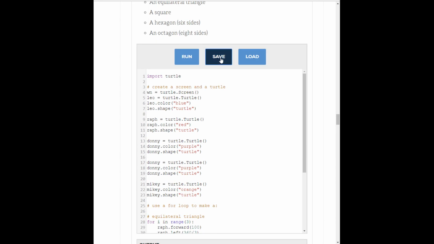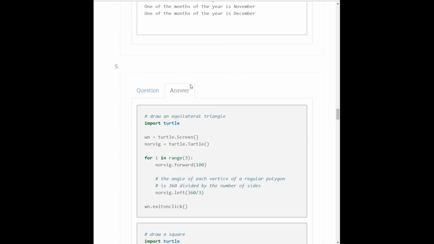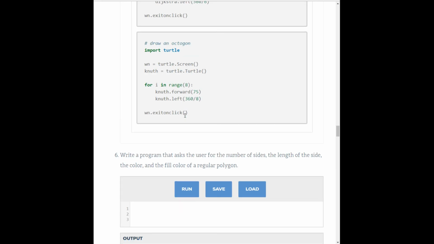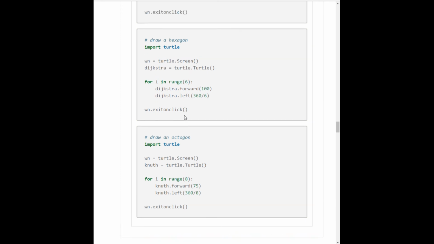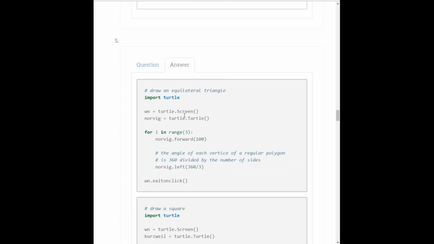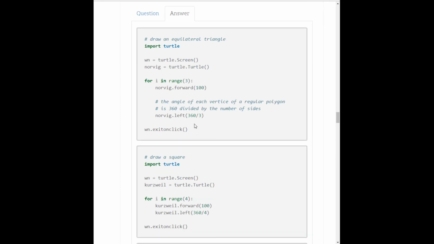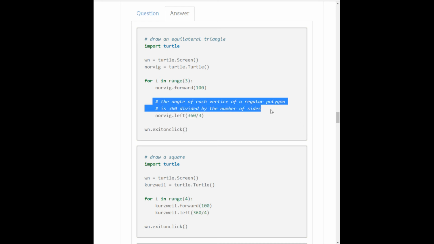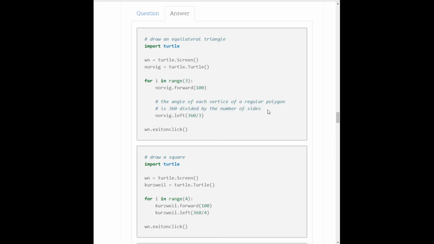So let's see. We'll save it, and we'll see what their answer is. And they drew an equilateral. Oh, so they wrote separate code bits for each of these, which is fine. They didn't do it all in the same program like we did, but that's okay. So they imported turtle, they created a screen, they created a turtle, and then they said for i in range, move yourself forward, and then they have here the actual mathematical definition for vertices of a regular polygon, which I